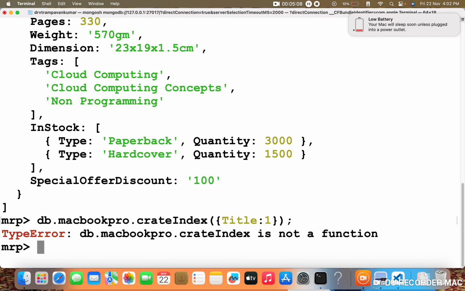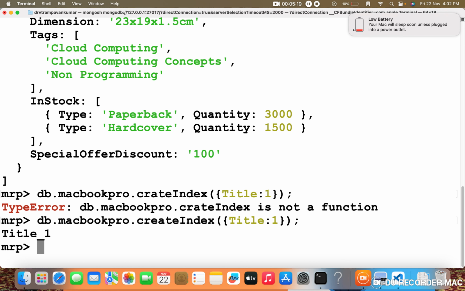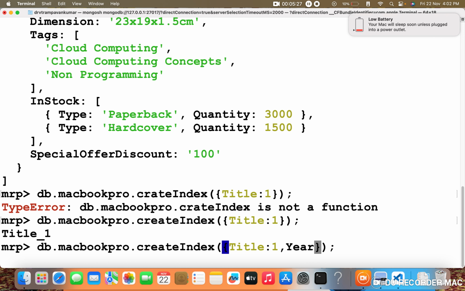Similarly, wait, createIndex spelling is wrong, CREATE. Let me check the spelling. So let me press enter. Yes, the index was created successfully. So this is an example of a single index. And we can create a compound index also. For a compound index we can pass the next value. So here let me make it year for -1. So title for 1 and year for -1. I am going